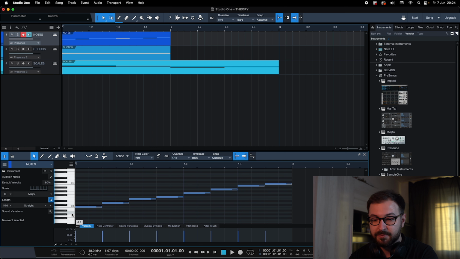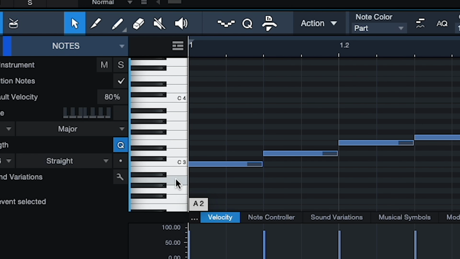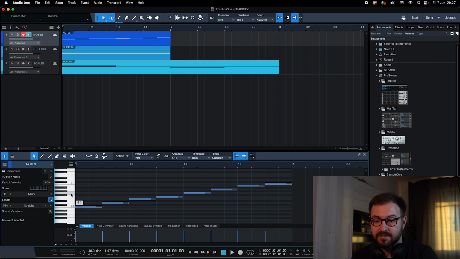So if we look at this piano roll, we have note A right here, so this is the beginning, ending in note G. If we start from A and take only the white notes, we're going to have A, B, C, D, E, F, G. However, these are only 7 notes. The other 5 notes are the black ones.